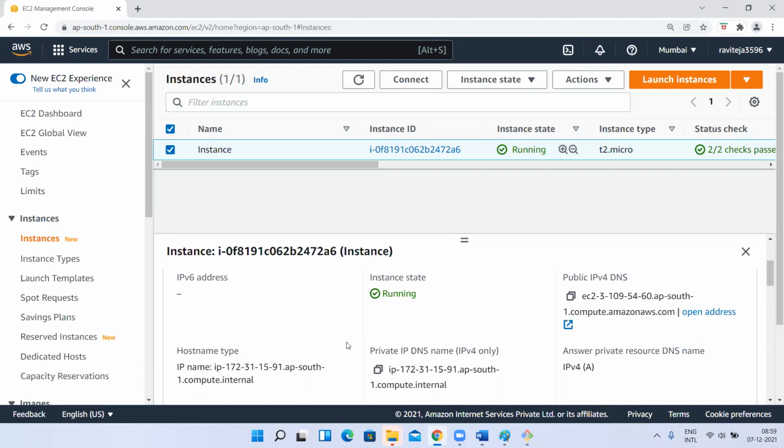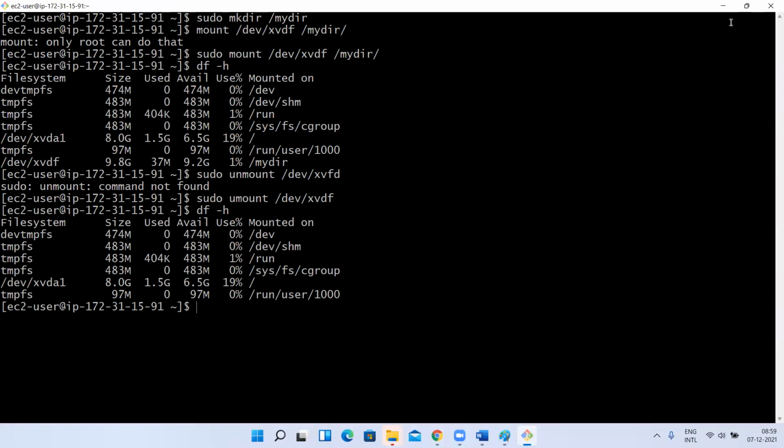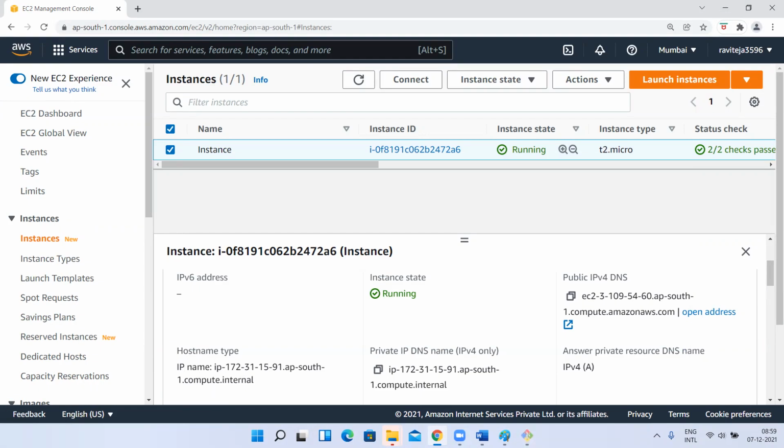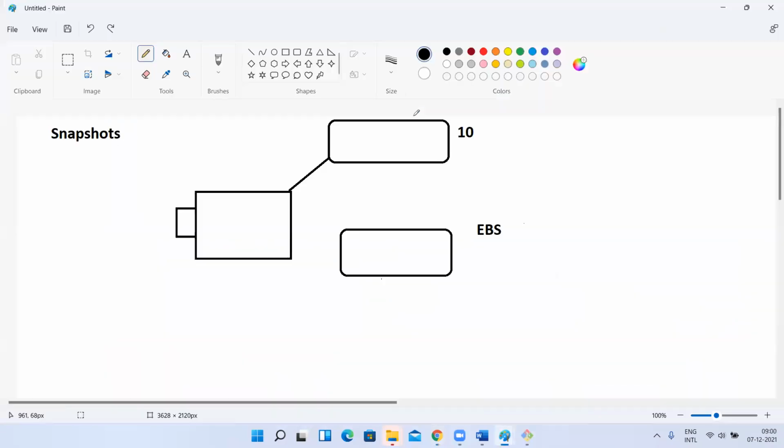Okay, that's it about volumes and snapshots, guys. Now I'll discuss one of the important concepts, a very important concept. I can tell you this is the most important topic in EC2, not in AWS, in EC2. In the entire AWS course also, this is one of the important things. Now I'll tell one scenario. For the guys who attended DevOps, it is very important. For everyone it is important, but concentrate here.